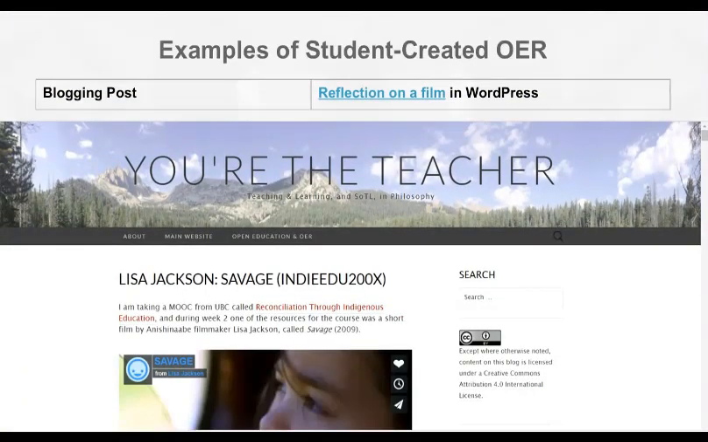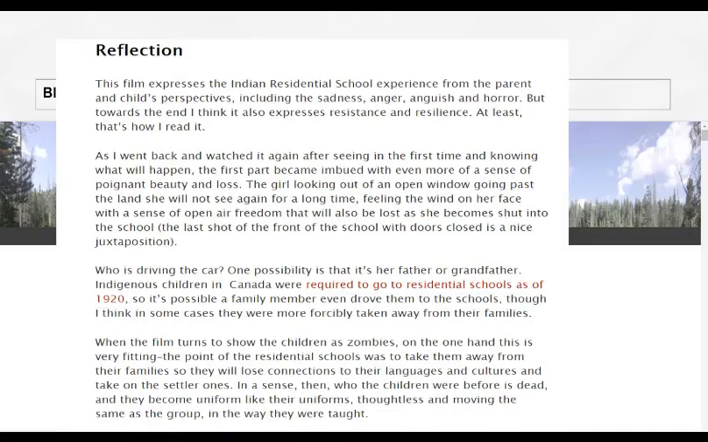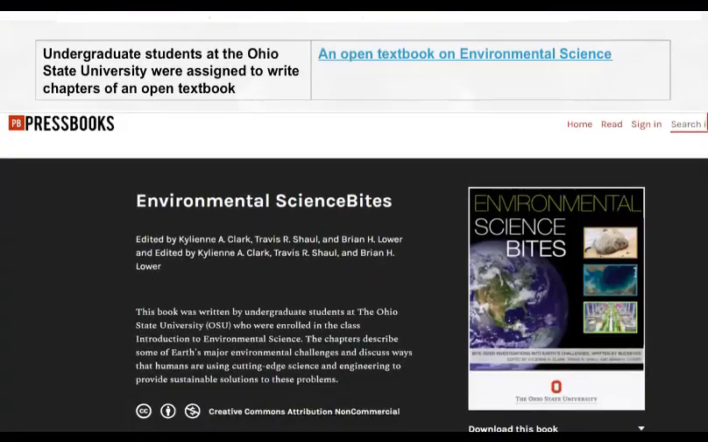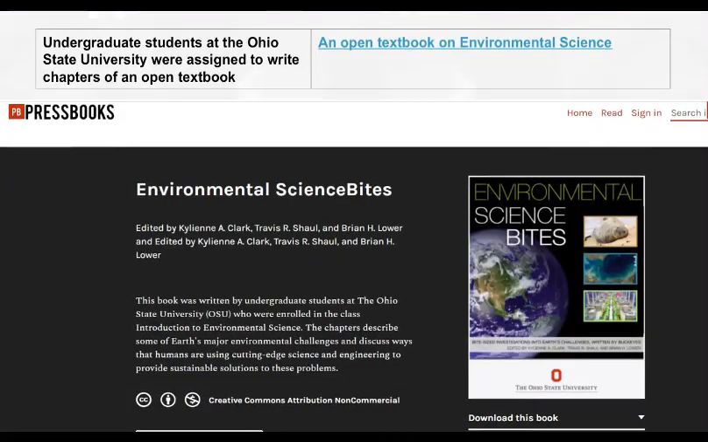Here is another example. For a blogging post, the instructor asks students to reflect on a movie and post a reflection in WordPress that is available to the public. Each student retains the attribution of their posts as shown in the slides. Here is another example where undergraduate students at the Ohio State University were assigned to write chapters for an open